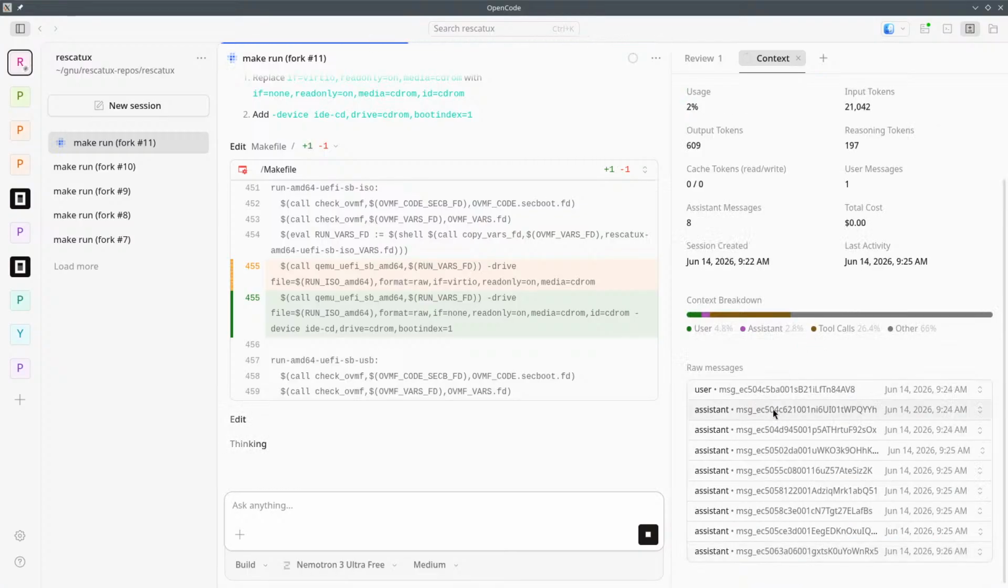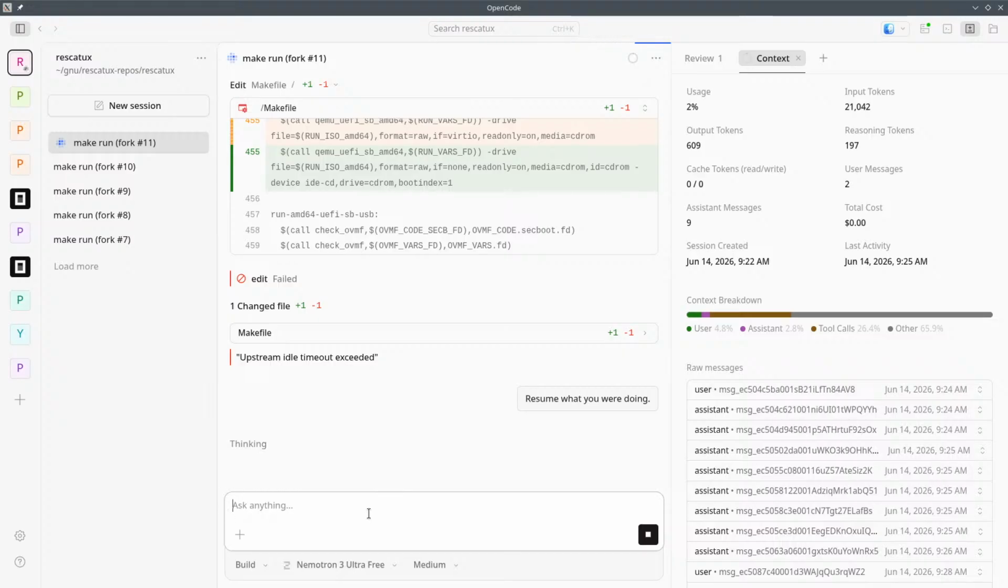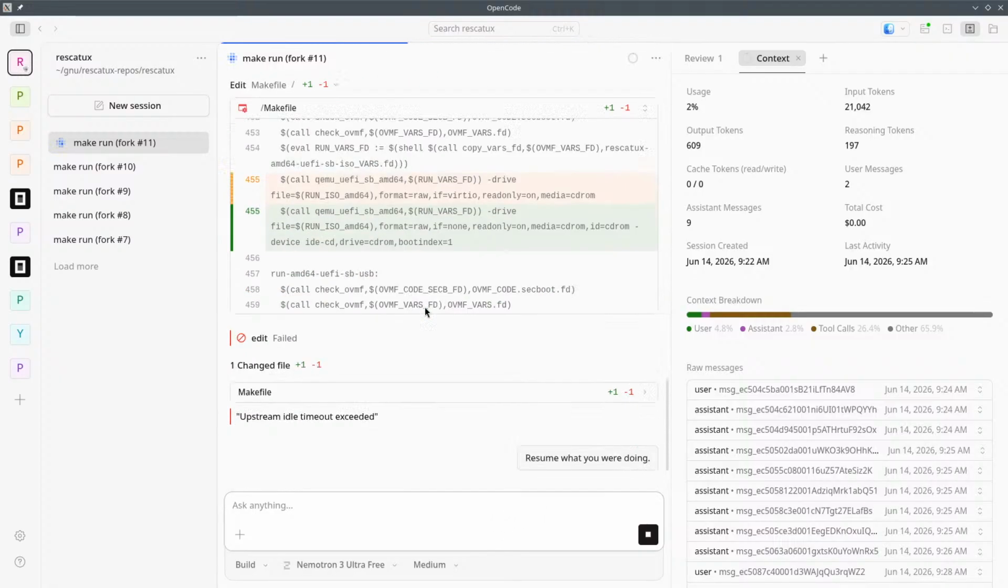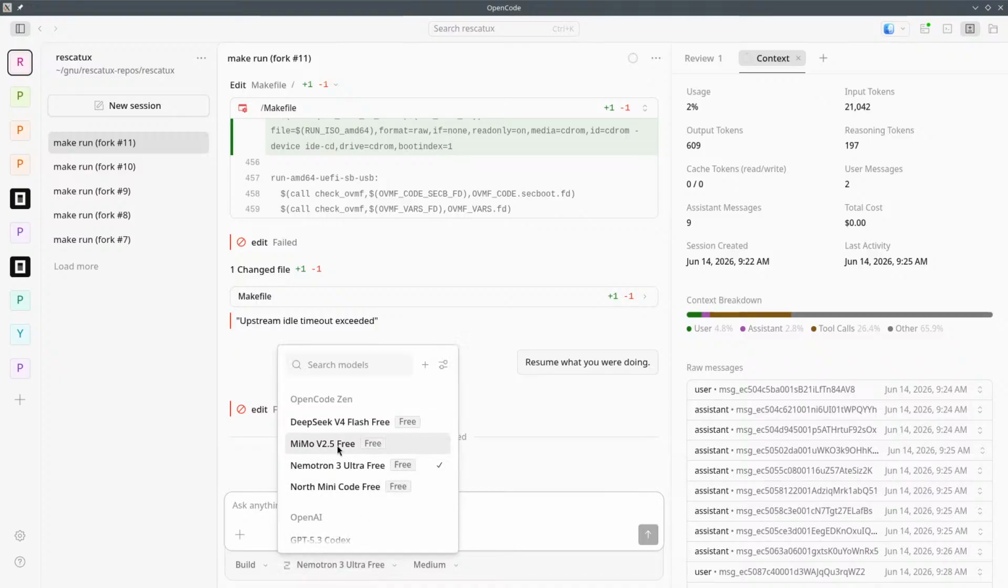This is something that I could have done manually, but upstream idle timeout exceeded. Resume what you were doing. Hopefully it goes ahead and does it. Otherwise, given that we know already how to do this, I can ask another model, because sometimes what happens is